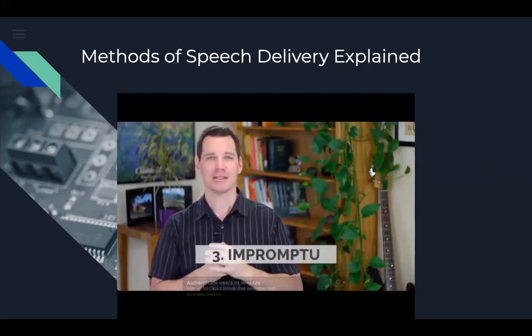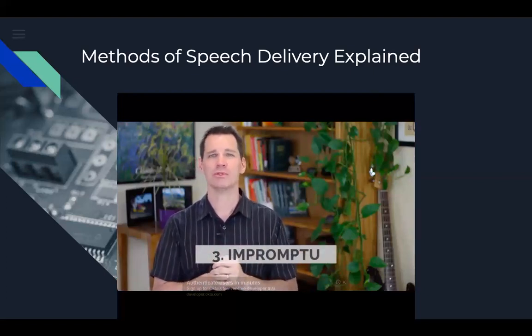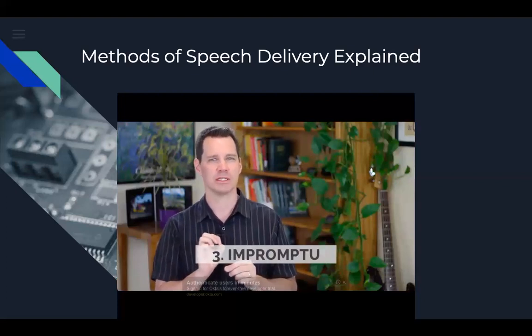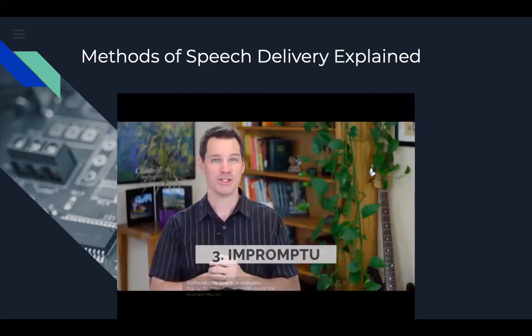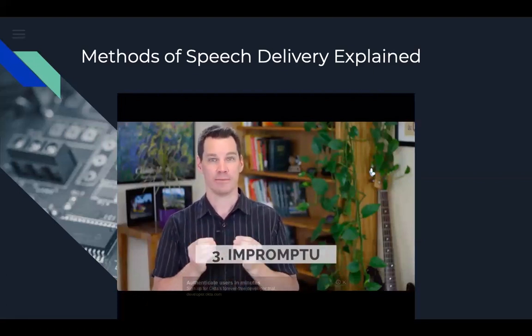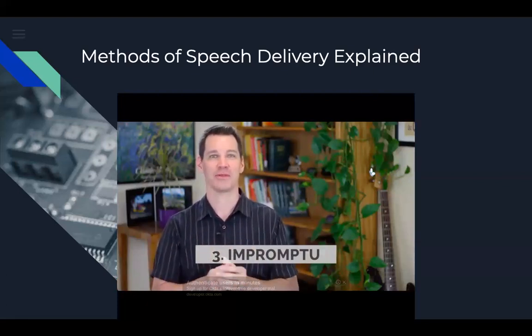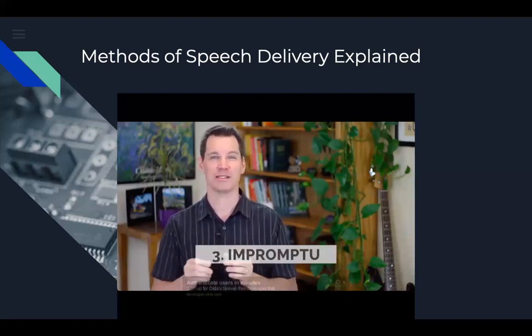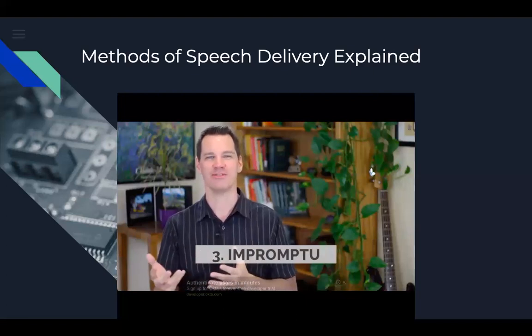That's the third style or type of delivery. Impromptu is where you are given very little time to prepare and you use almost no notes, very limited notes. There are impromptu competitions at the college level in the college speaking circuit, for example, where people will compete in this impromptu category. They're given a little quotation and about 2 minutes to sketch out just a few points, and then they're expected to speak for about 5 to 7 minutes.